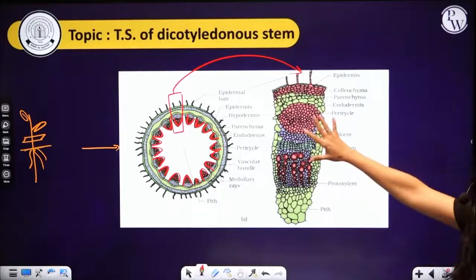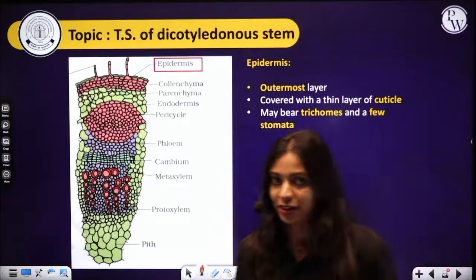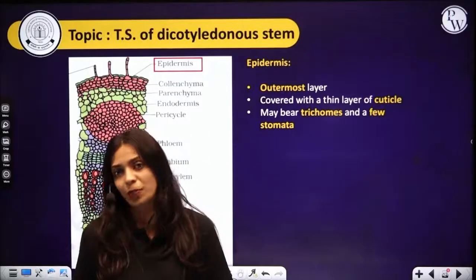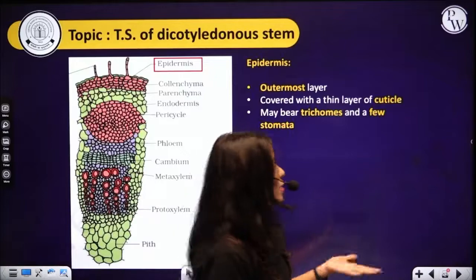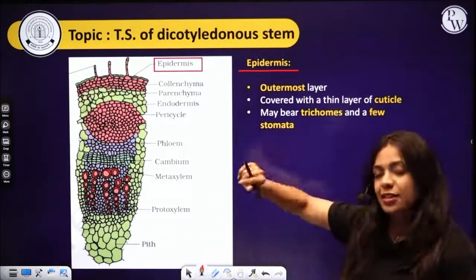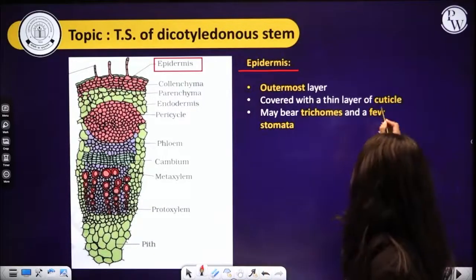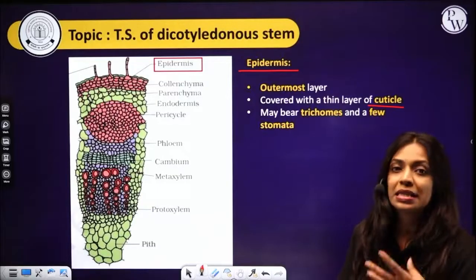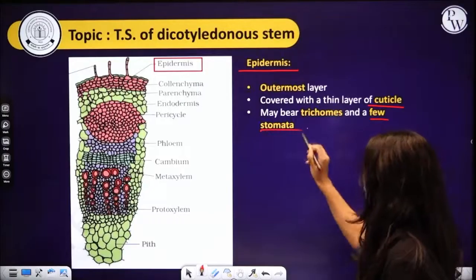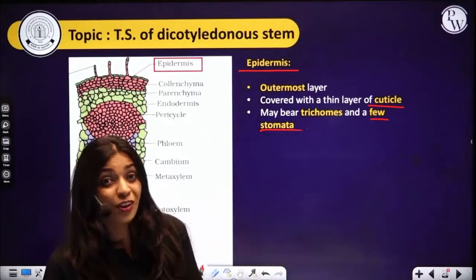Now let's focus on just this one diagram and learn about the different types of tissues that we can find there. I've already mentioned it multiple times before. The outermost layer of any part of the plant that you take is going to be the epidermis. So is the case for dicot stem. Epidermis is the outermost layer. Since this is an above ground part of the stem, or an aerial part of the stem, this is covered with a thin layer of cuticle. Some plants, young stems, bear stomata,